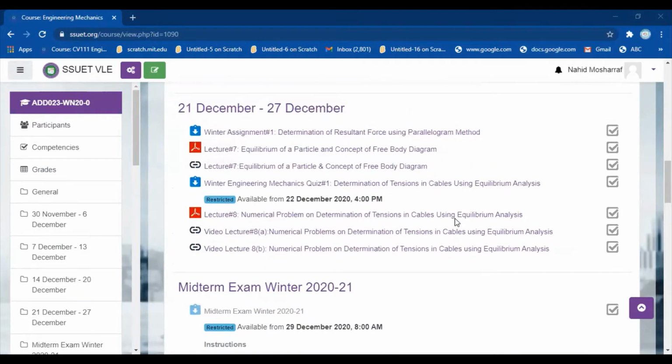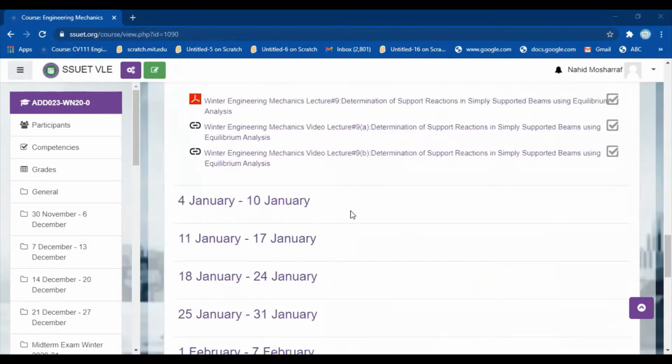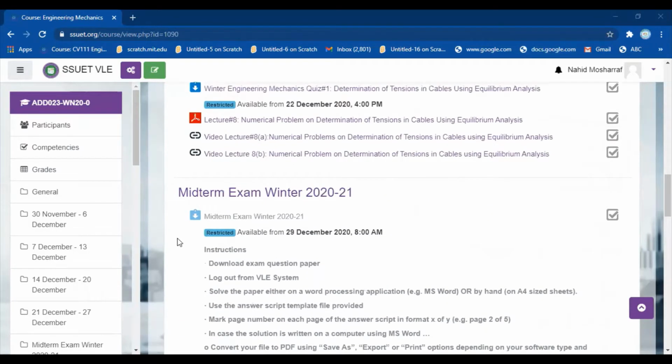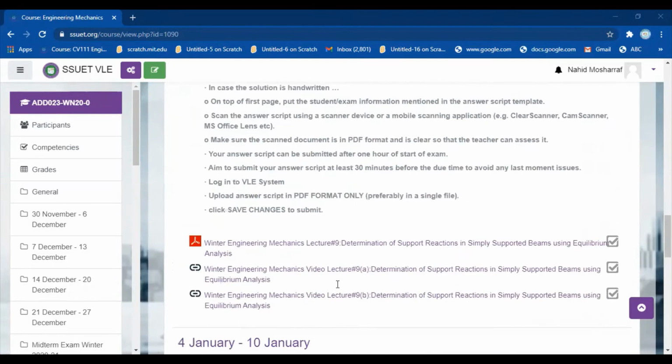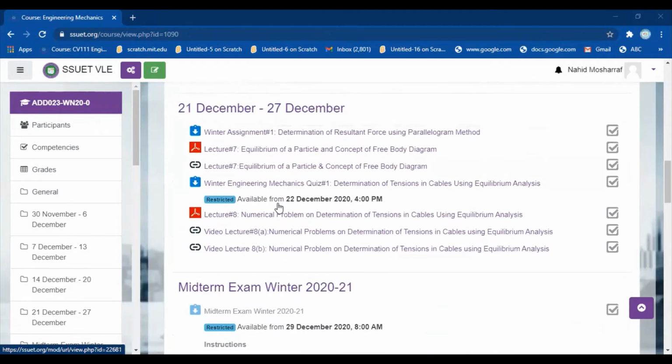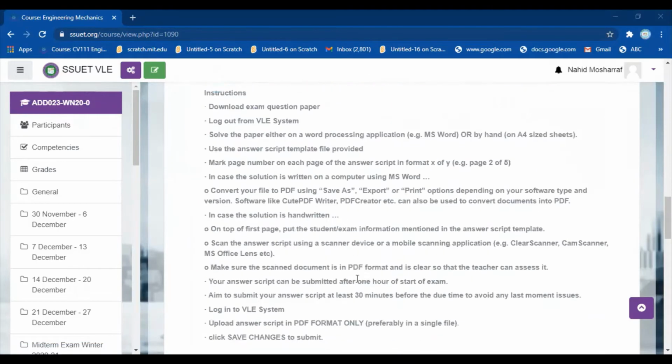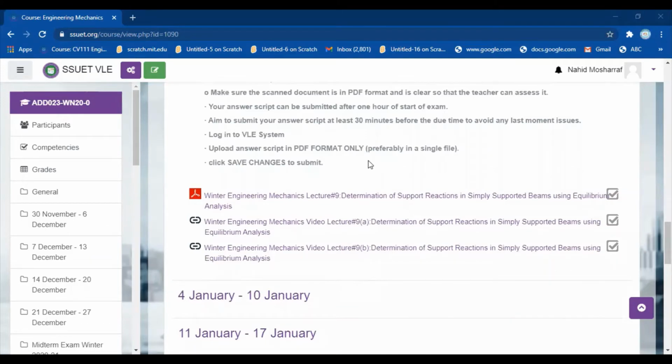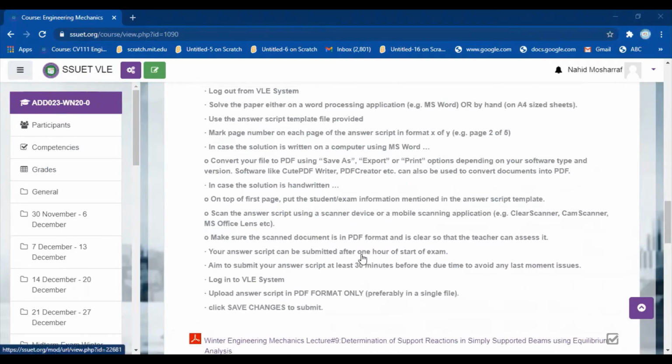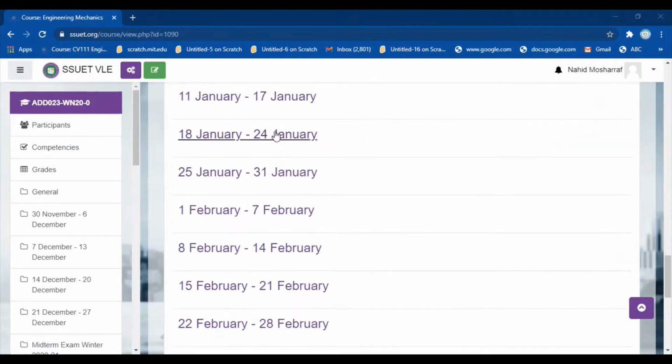For example, I have already created my activity, but again I'm going to create it. Keep in mind, your midterm activity period is, for example, 28th of December to 1st of January. So you have to create the midterm activity in the period of this week. For example, I am going to create a midterm activity from 11th January to 17th of January. But whatever time period you have allotted, for example, if your exam date is 2nd of January, you have to create it in the first week of January.